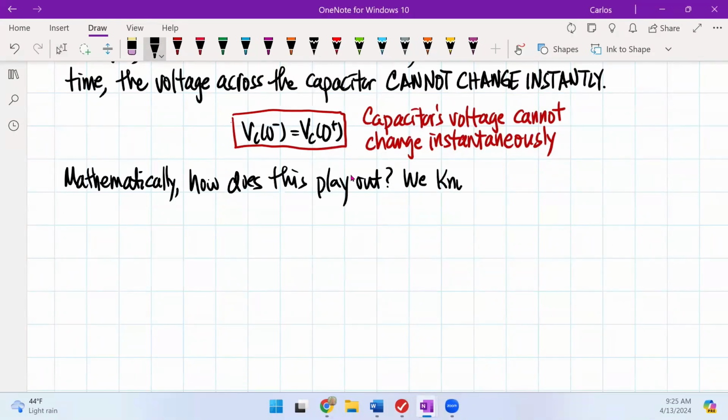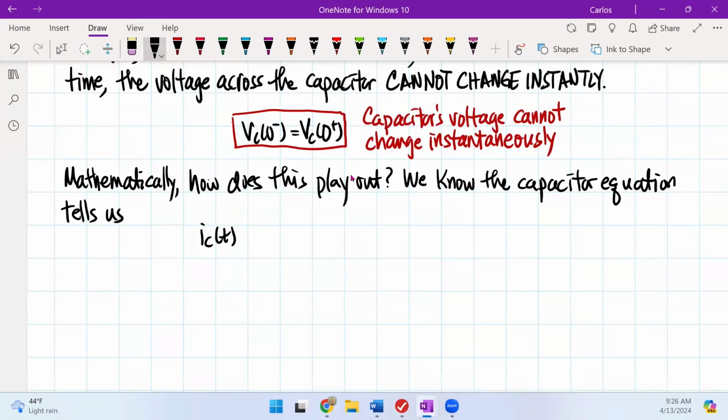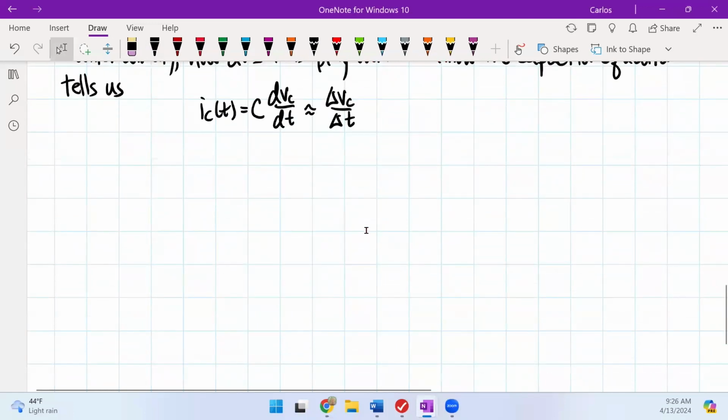We know the capacitor equation tells us that the current of the capacitor is, of course, the derivative of the capacitor voltage with respect to time. So we can approximate this as delta Vc over delta t. So if I look at it this way,